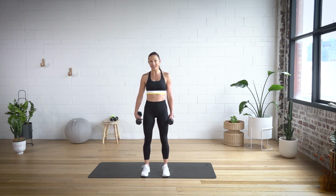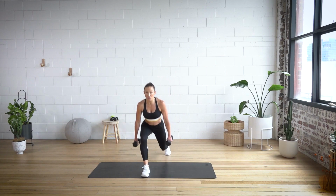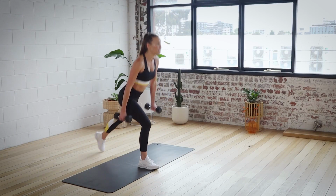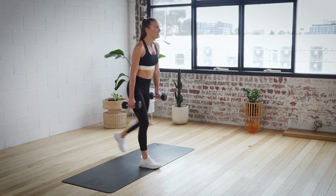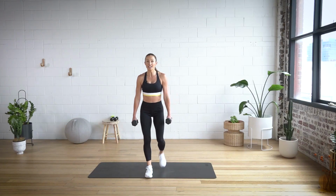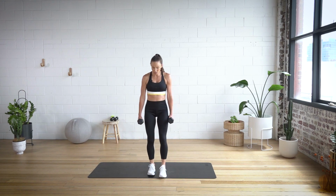stride reverse lunges, starting this side. Let's go. So big step back and bring it in. We don't have to go super fast in these ones. We're focusing on technique, so keep the weight in the front foot. That's it, nice big stride, and push up through that front heel to come back to standing. We've got 4 more. So dropping down, little hinge in the hips. I'll show you from the side when we get back to our next round. And the last one here,